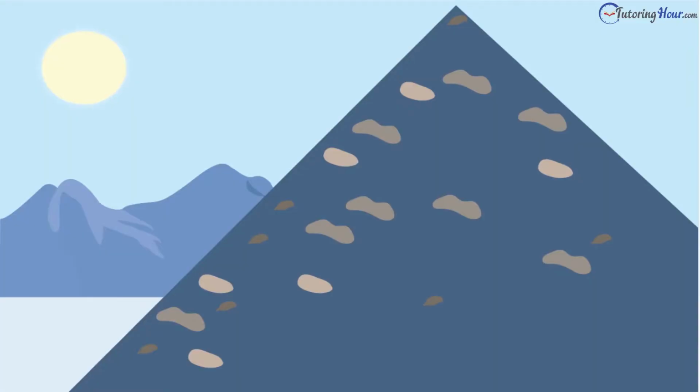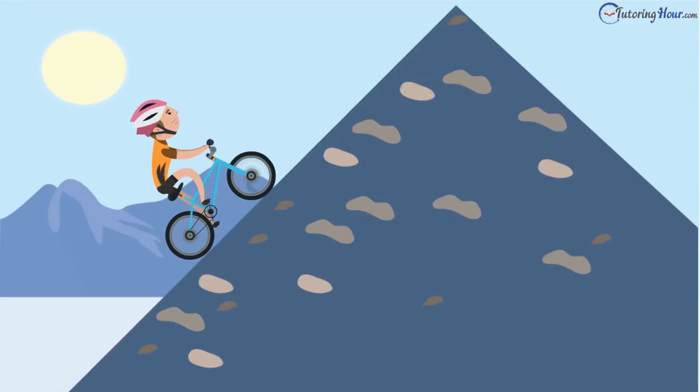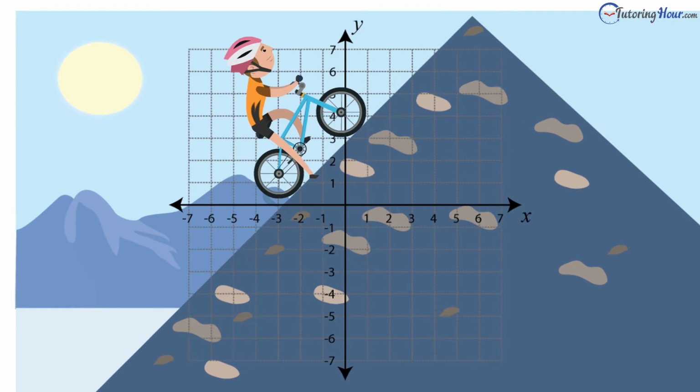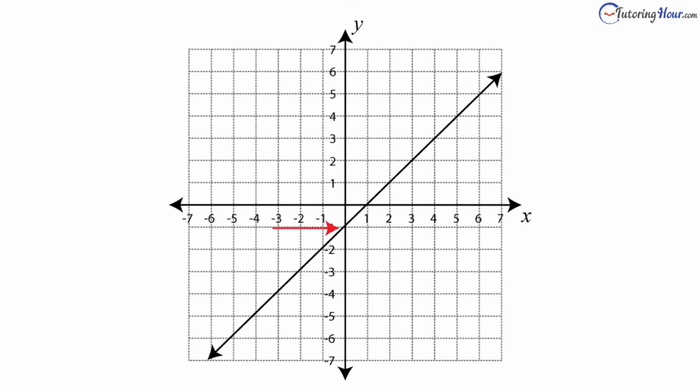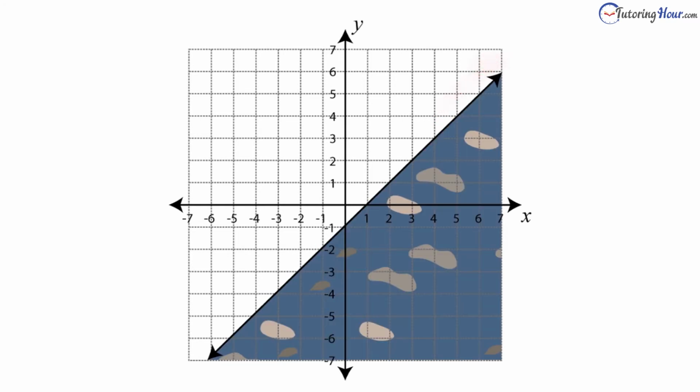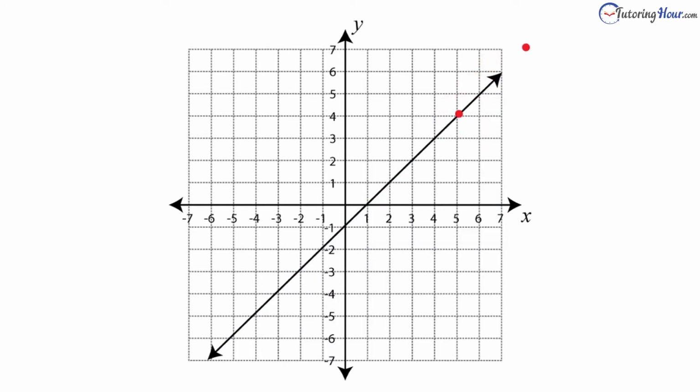Now, imagine you are riding a bike uphill. Let's transfer that onto a Cartesian plane. This line here is our hill. As you move from the left to the right on the x-axis, the line goes up. Let's figure out how steep the hill is. We'll pick any 2 points on this line and name them point A (3, 2) and point B (6, 5).